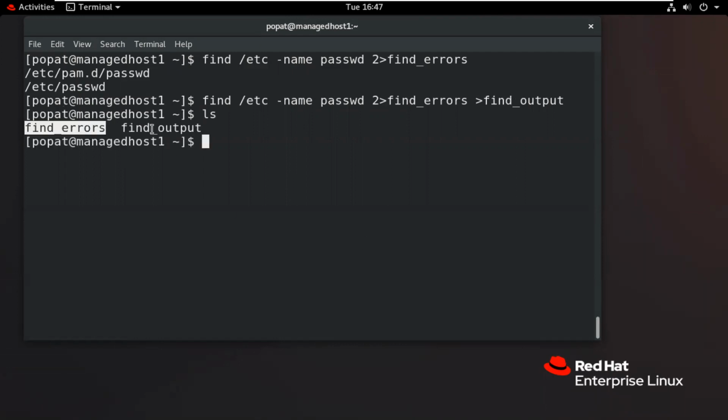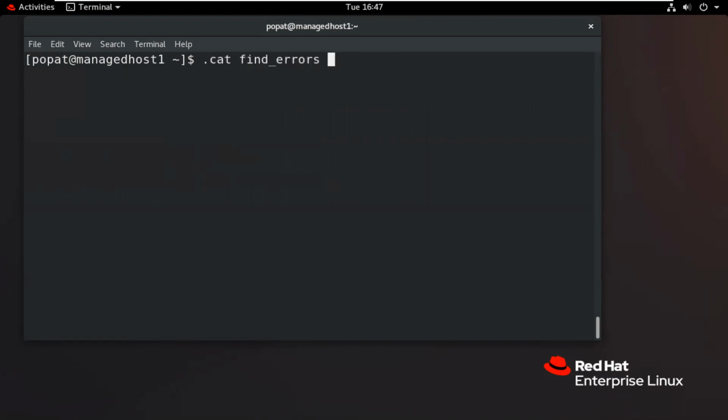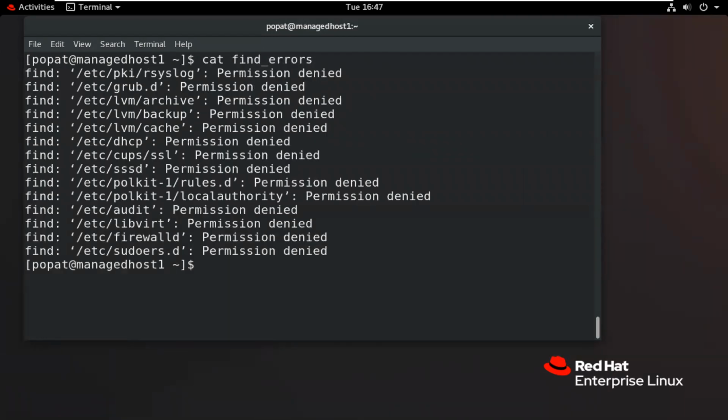You can check here. We have two files created, and we want to check find. We want to check the errors. Find errors. Okay, we have a mistake here, this one.